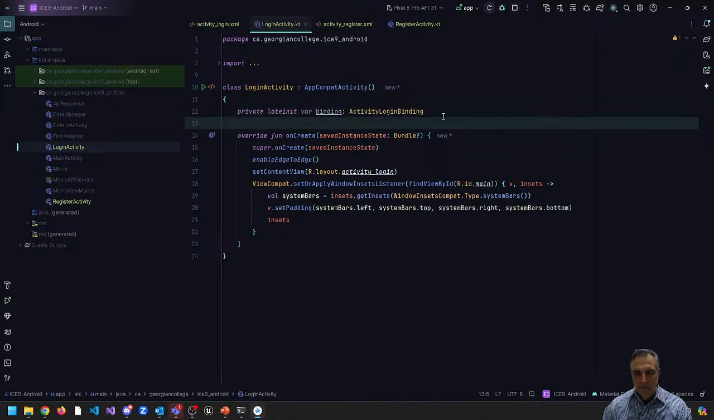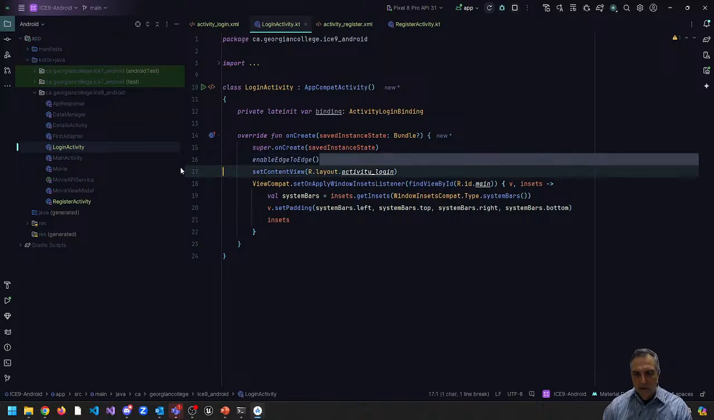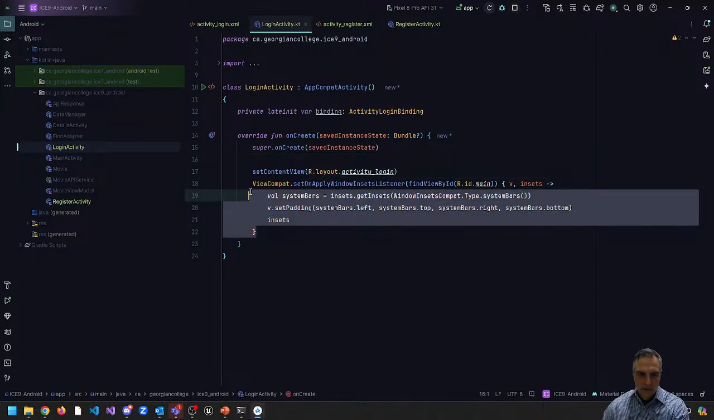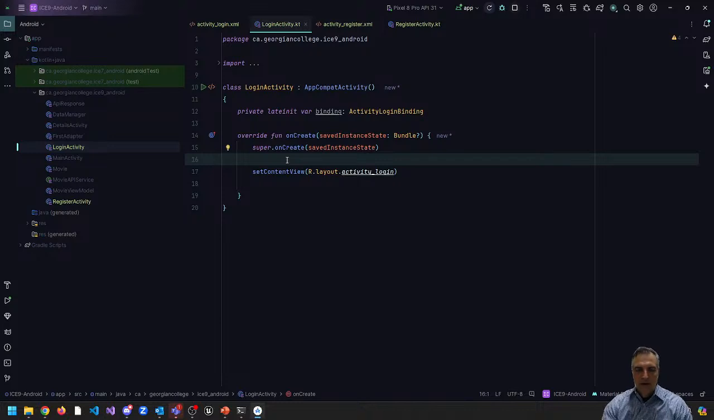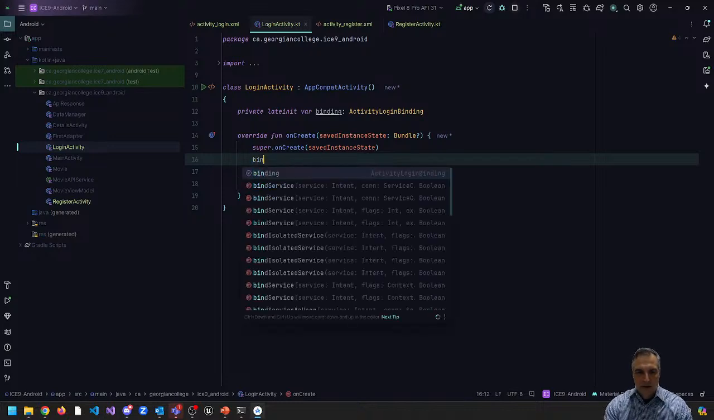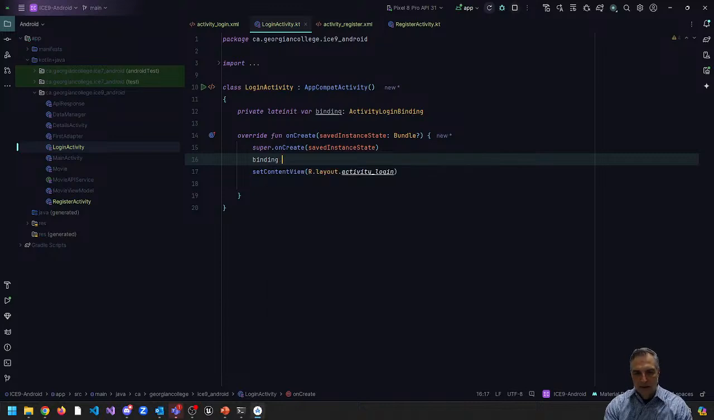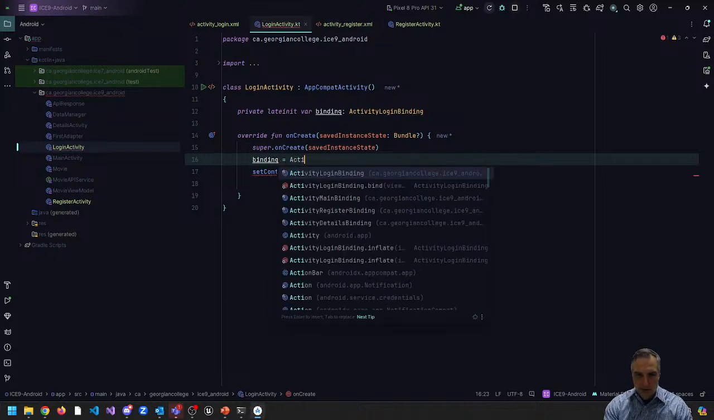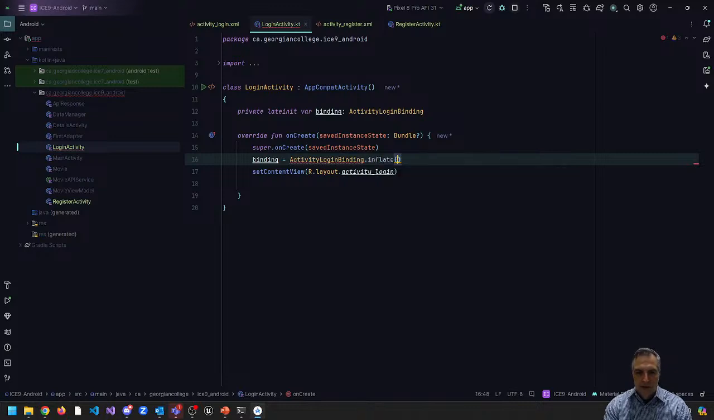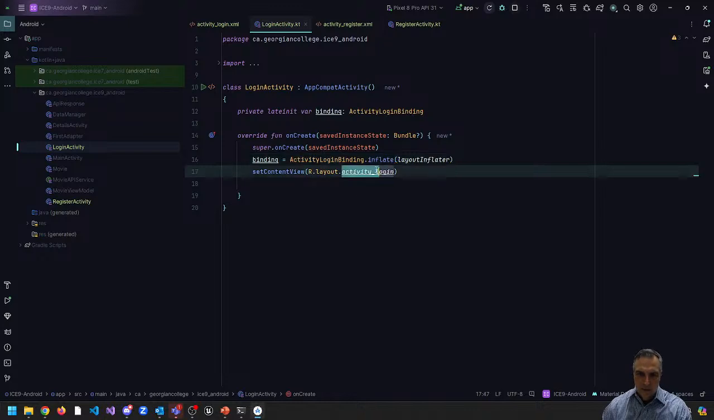And then what we need to do is get rid of enable edge to edge. We don't need that part, and we don't need this part. That gets added in the latest version. And what we need to do instead is say something like binding is equal to activity login binding dot inflate layout inflator. And then here we're going to do a binding.root. Okay, so that sets up view binding for our